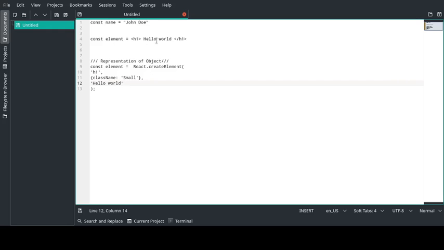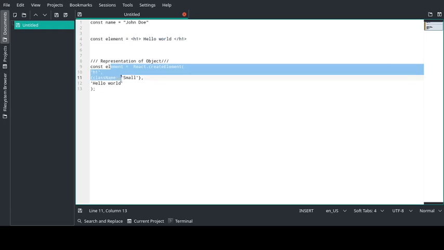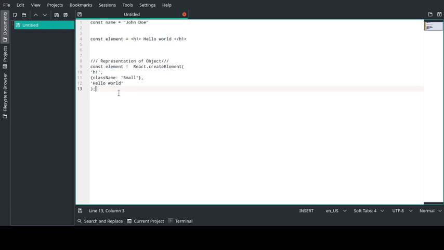Behind the scenes, this is how React converts this JSX into a React object. As said earlier, all the elements in the UI are representations of React elements.